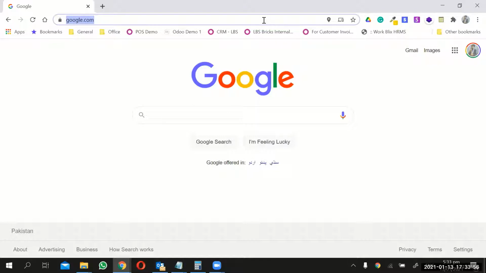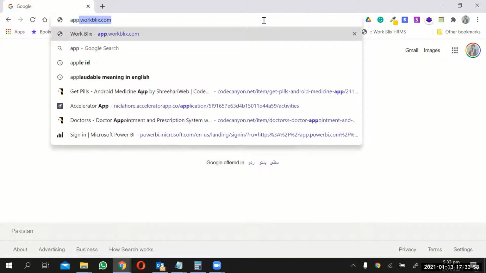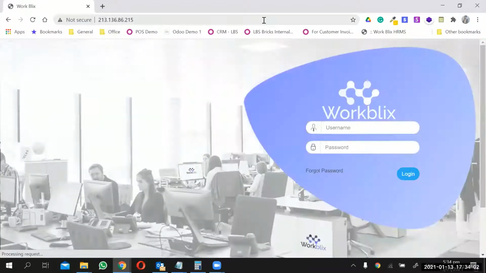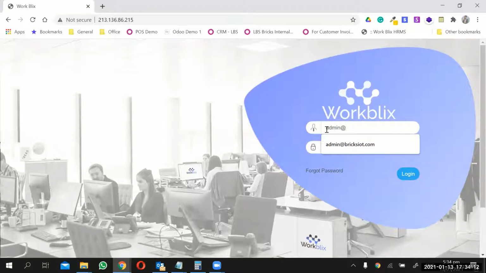This is a brief introduction of our HR system with the name of Workplix. This HR system is a complete employee hire to retire cycle. It's a web-based product. It's a SaaS solution which can be hosted on every public or private cloud as per the client's needs. I'm going to give you a brief introduction of the system.